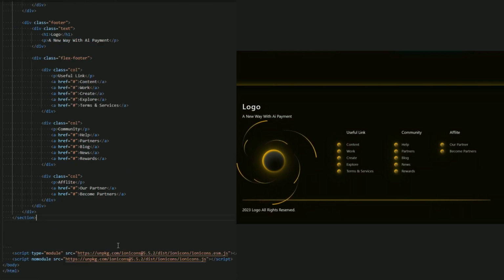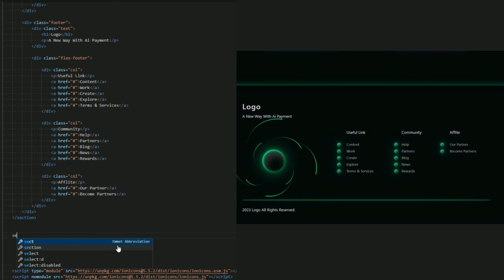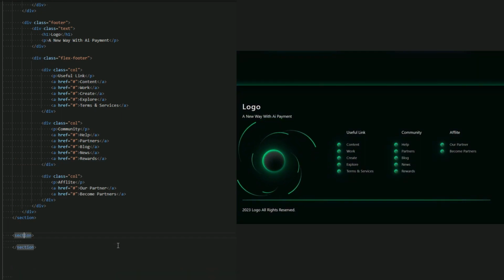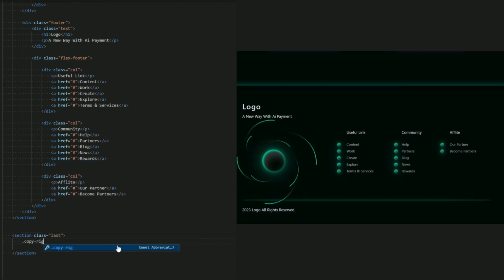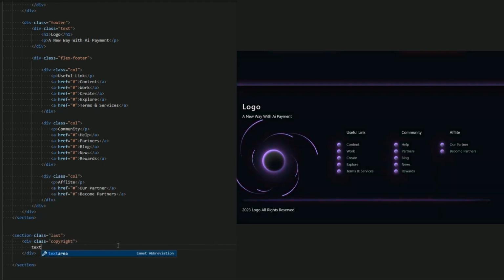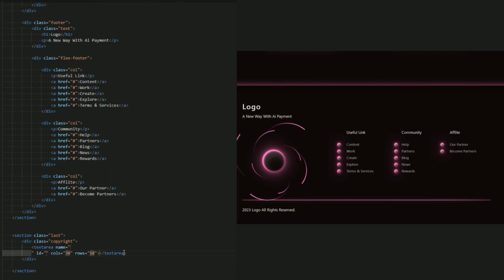Now the last section, I want to add a copyright. So let me create a section again, and let me add a class list, be a last, and the copyright. Copyright, simple. Okay, and a text inside, not text area, sorry, text.